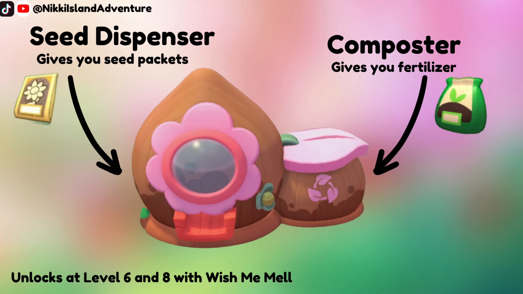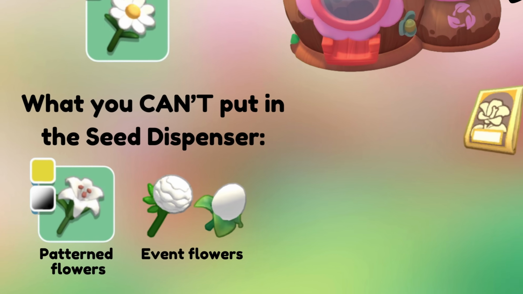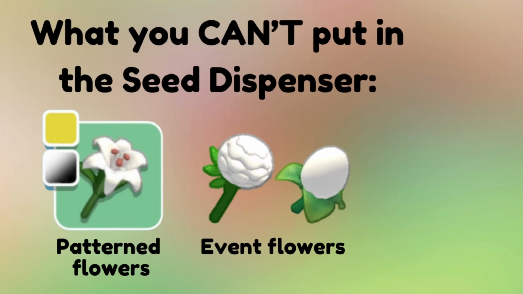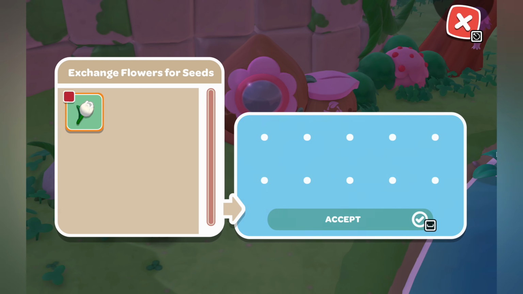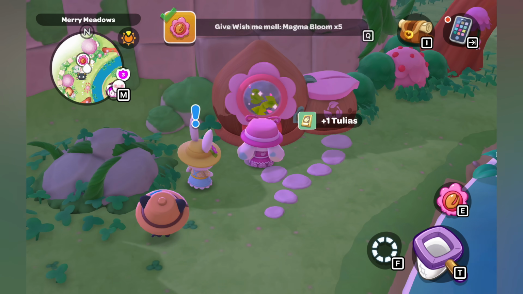It essentially clones your plucked flowers back into seed packets for you to plant. In the Seed Dispenser, you can only put solid plucked flowers into it. You cannot put in pattern flowers or limited time event flowers. For example, if I put a plucked red Tulia into the Seed Dispenser, I will get a seed packet for